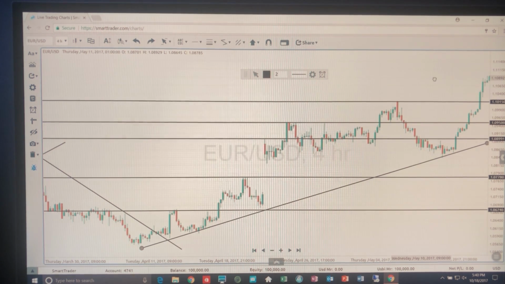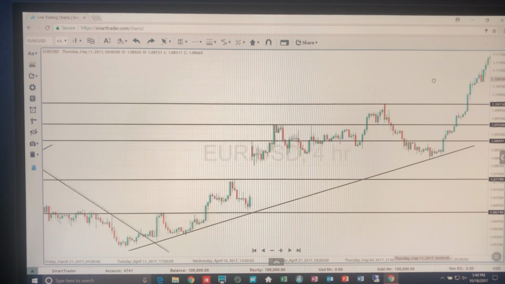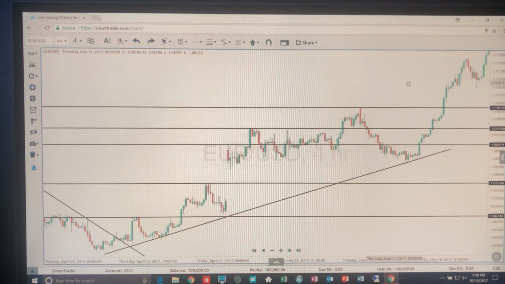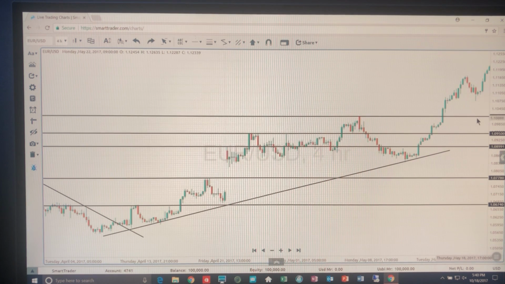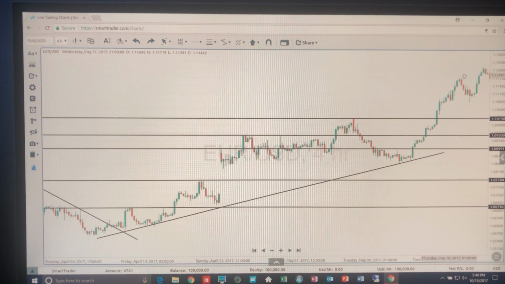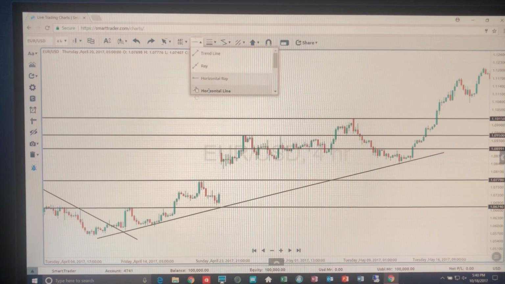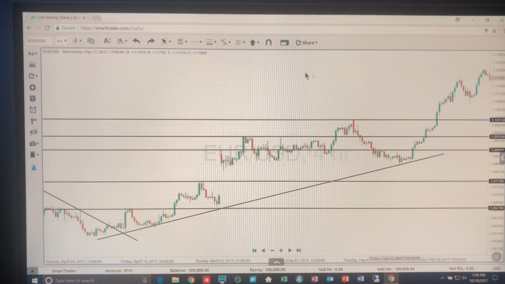Now, being a trader in the market like we are here, we're going to wait for this market to come back down to past resistance to become future support. Now, in this case, it didn't. It did not pull all the way back here, and it came and made a new high. Now that it made a new high, we're going to come in and draw a nice horizontal line right here, and we're going to look for this market right here